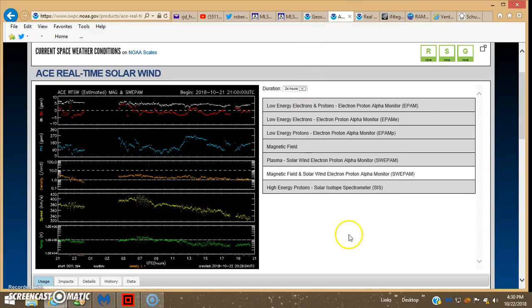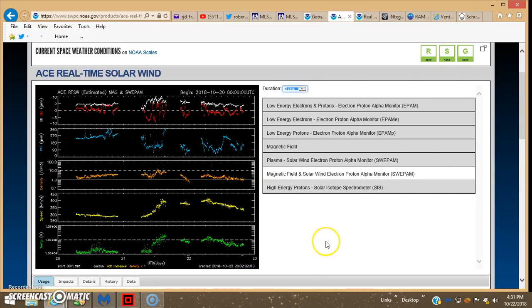So here's ACE. This is the last 24 hours. Here's a 5.5 hour gap here. Then we got a little, looks like a 1 hour gap. So there's some objects up there that are blocking the solar wind stream in front of the ACE satellite, which are not being able to collect data. And that's reflected there in the 3-day thing. And the densities are different too than on the GOES. And as you can see on the DSCOVR,